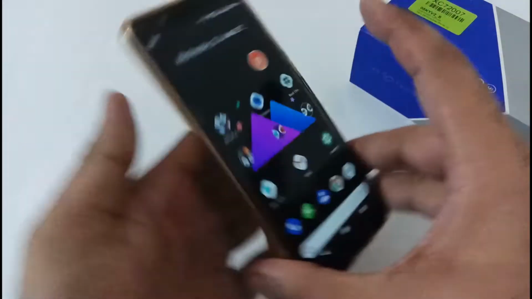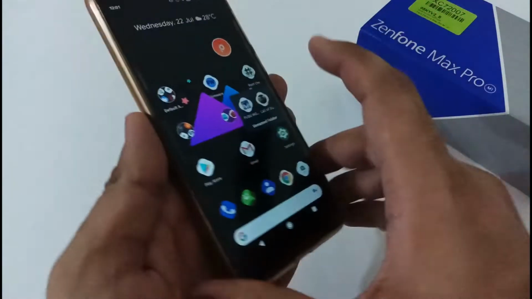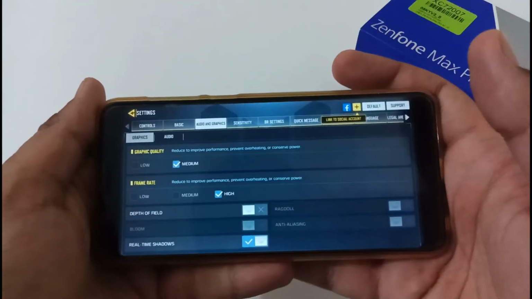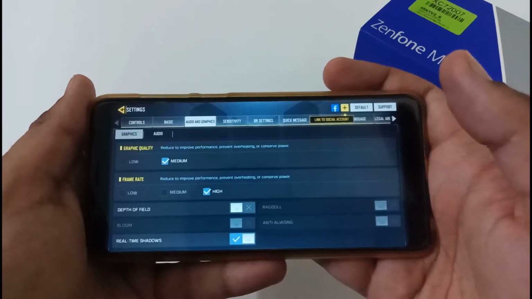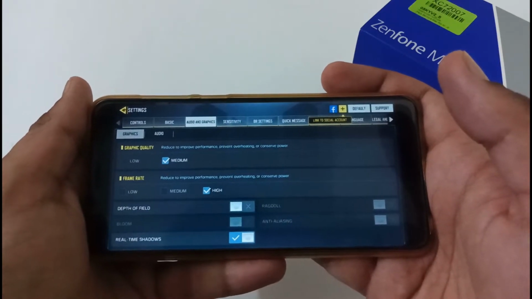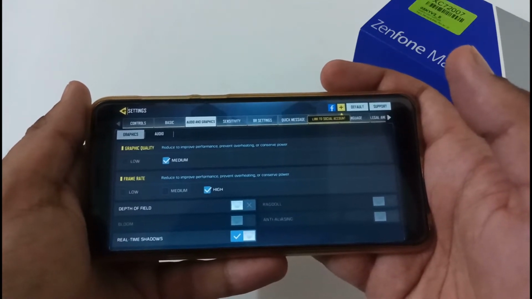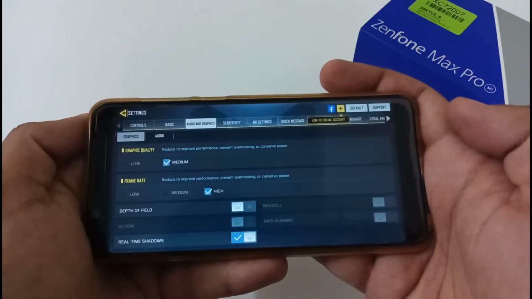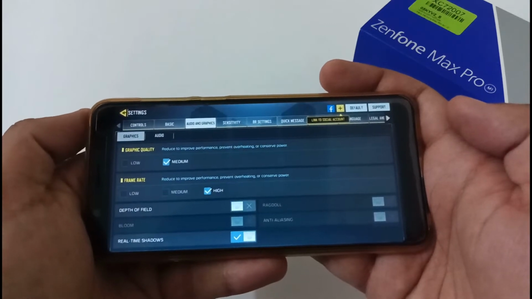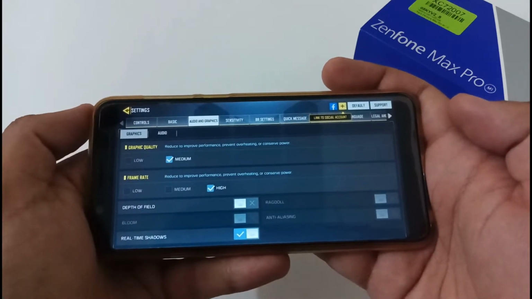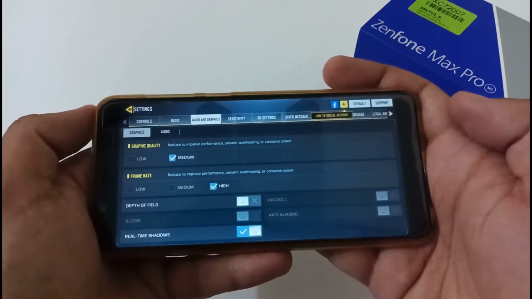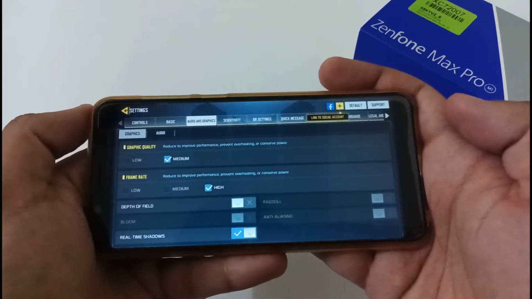It was consistent, whatever it was showing at my side. And apart from this, now let's move to Call of Duty. Again, for the battery consumption analysis, I played the game for nearly 1 hour and 5 minutes, about 2 to 3 times for doing the analysis. Sometimes it was showing me 16 to 17%, but the majority of the time it was showing me 15 to 16%. So you can consider 15 to 16%.